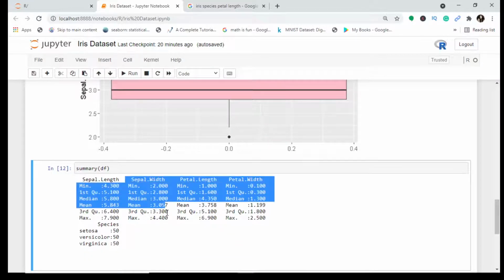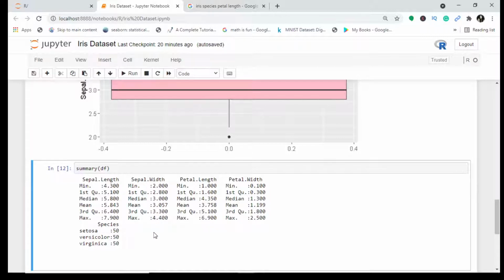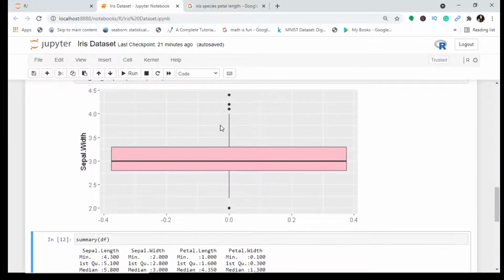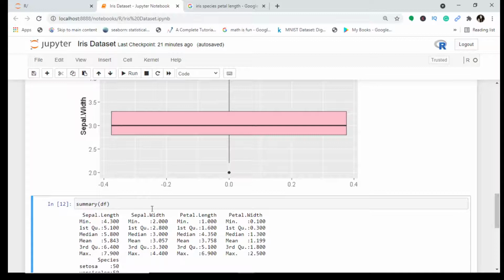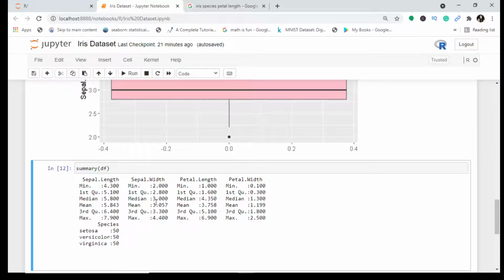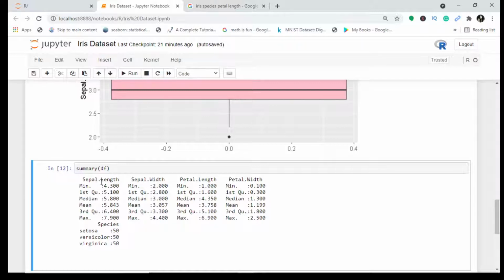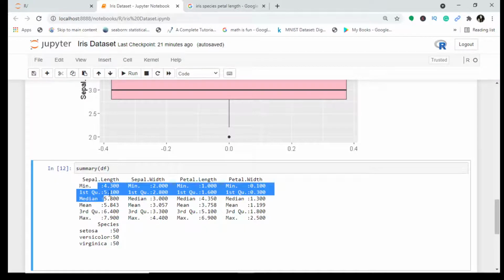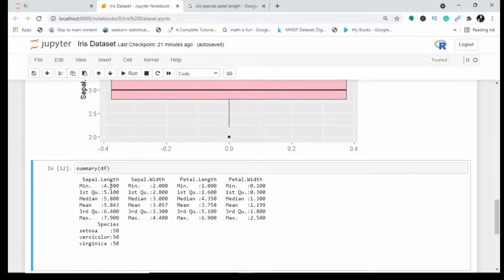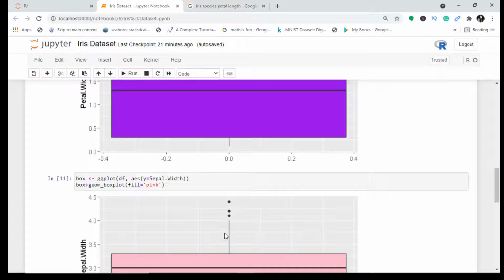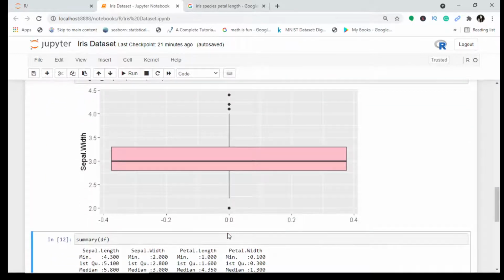But from this only you can never infer which is the outlier and which is the spread of the data. That is why it is always said that you should visualize your data, so that you can understand that sepal width has outliers. By seeing this data at first glance, I could never make out that there could be outliers in these values of sepal width. I thought there would be outliers in sepal length, but you will be surprised when I plot sepal length that it does not have many outliers. So never trust these statistical figures alone. Along with this, always plot your figures, as it reveals more information.